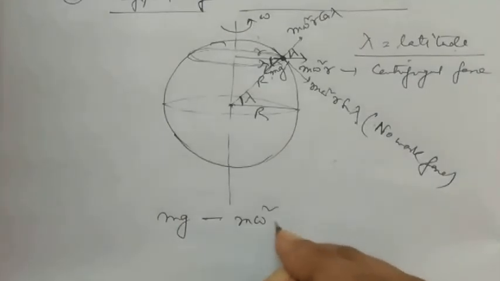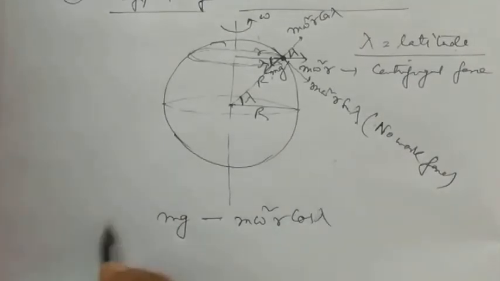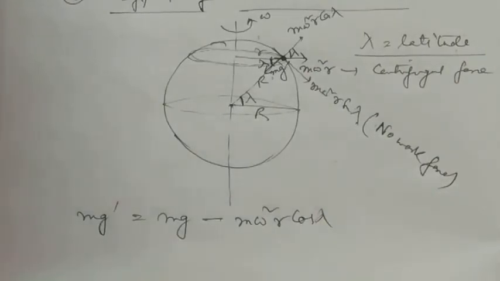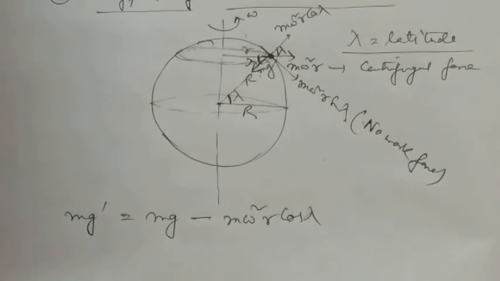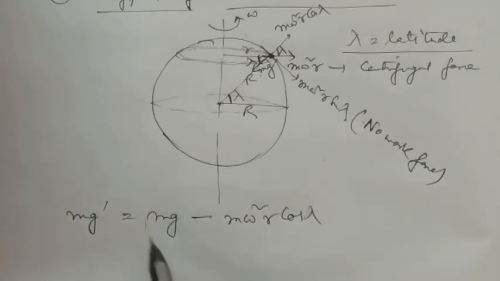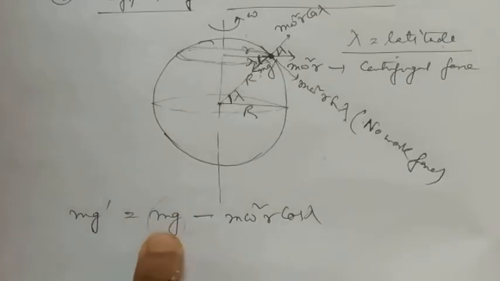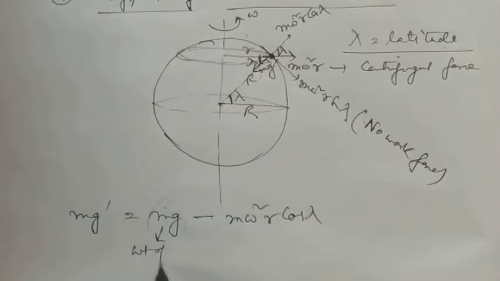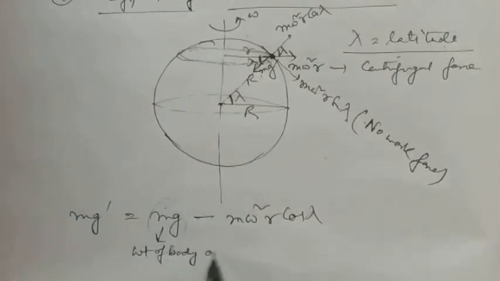So we get that to be, let it be, mg dash. Now you have to keep in mind one thing very clearly, that this mg means the weight of the body of mass m